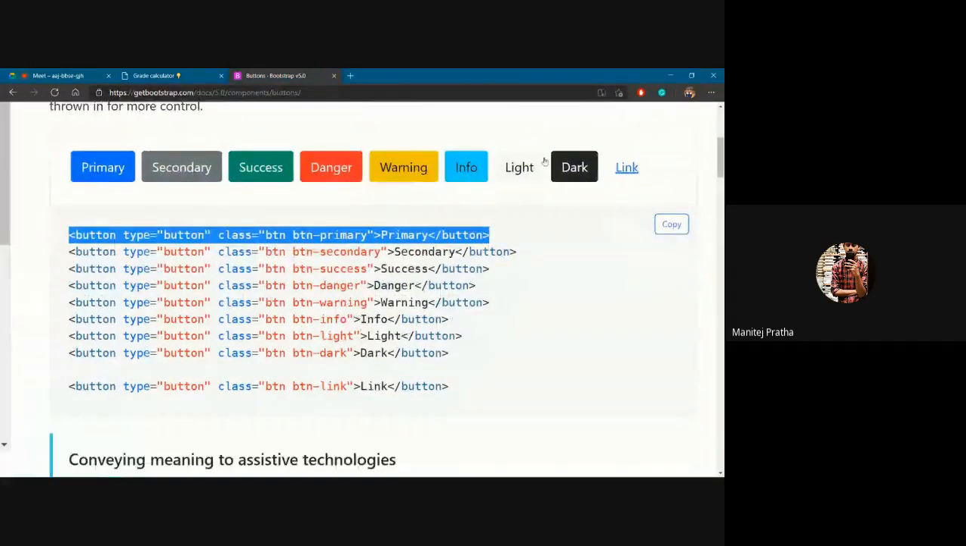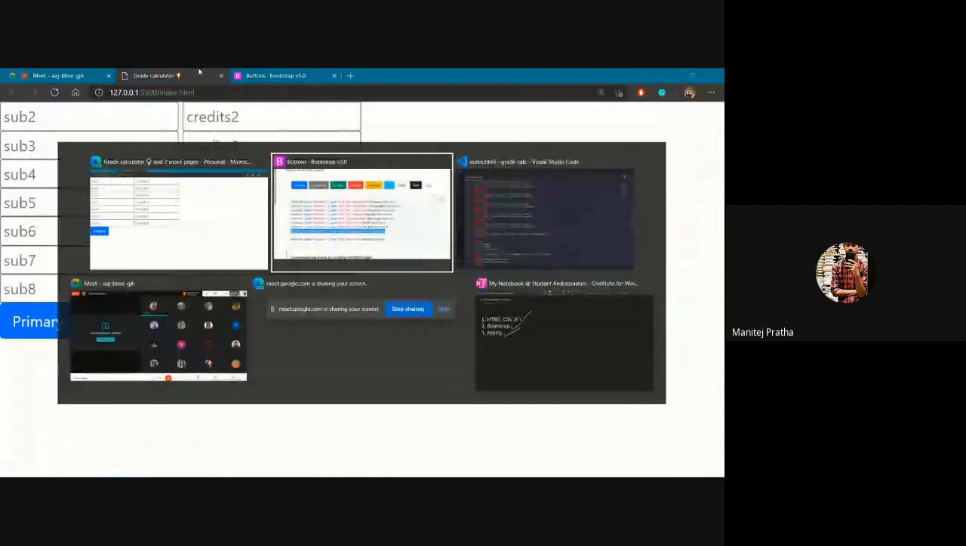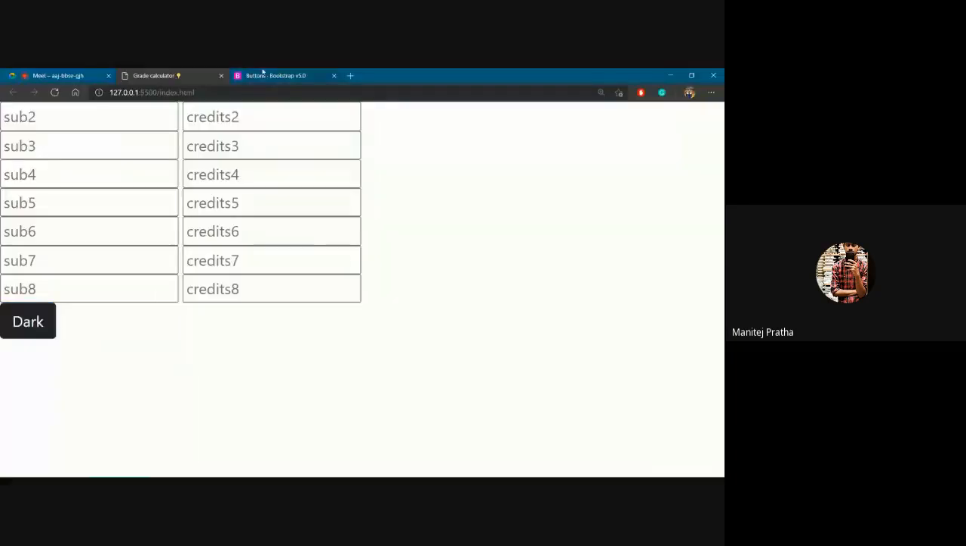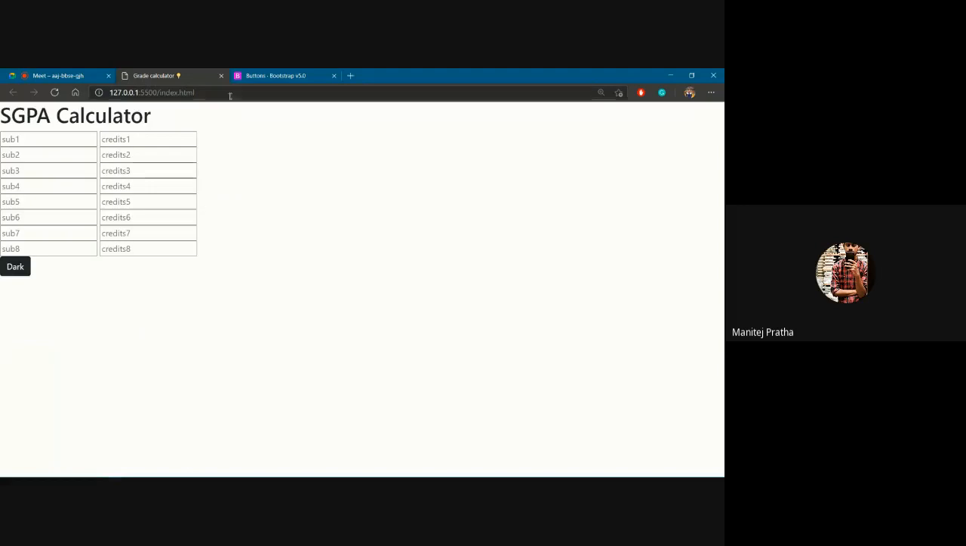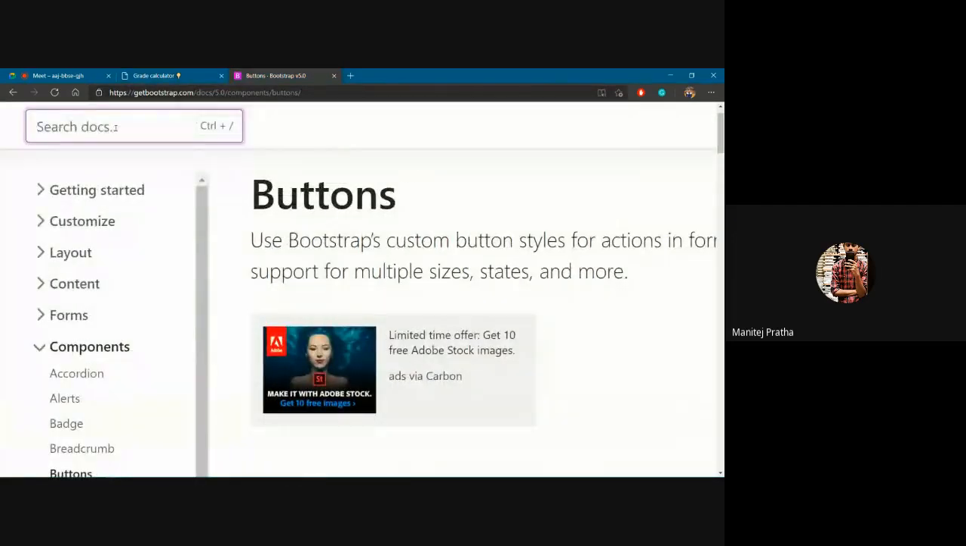So if I want this dark button, I need to copy it. This is the dark button. I copy it and simply paste it in the HTML. This one. Clear? Everyone got the point? Guys, how to use Bootstrap? Understood? So that's it. For example, if you want to use input,